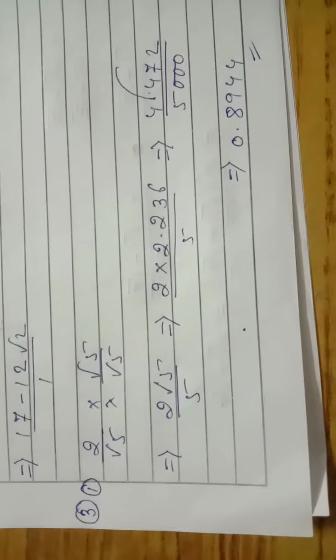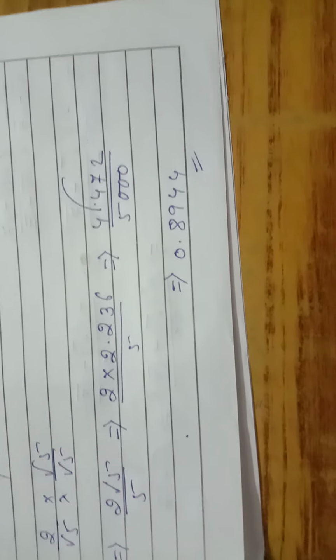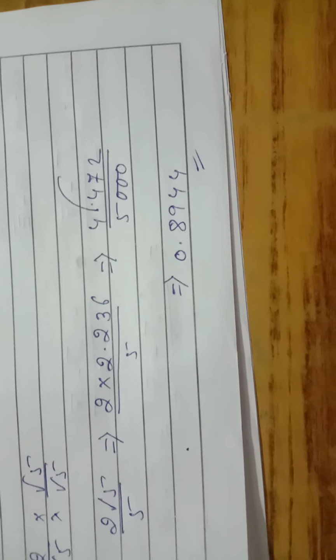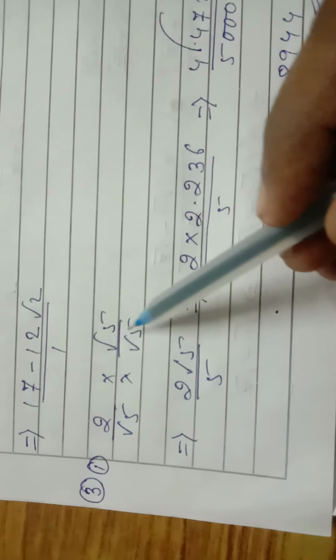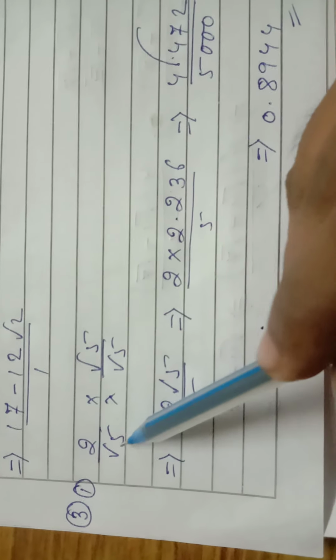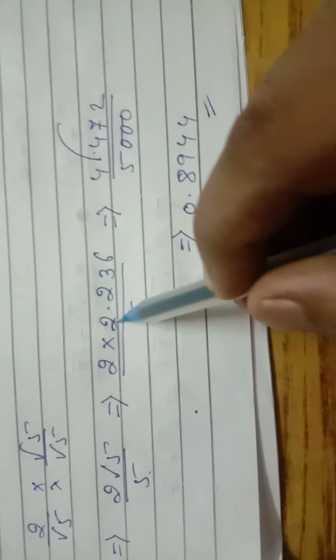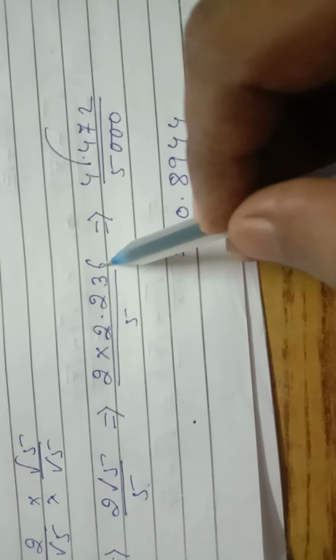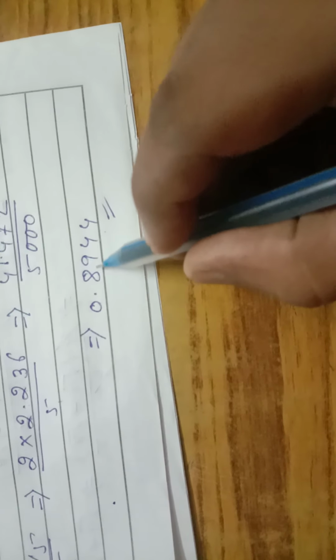But in question number 3 we have to find its value, and the values are also given in question number 3. It is mentioned there. The question is 2 root 5. So how can we solve? First of all, we can see that root 5 is here, so multiply by the same number. The 2 root 5 and 2 root 5 makes 5 here. In place of root 5, we have the value 2.236. First multiply these two numbers, then divide by 5. You will get your answer as 0.8944.